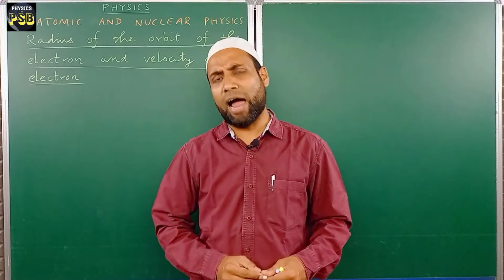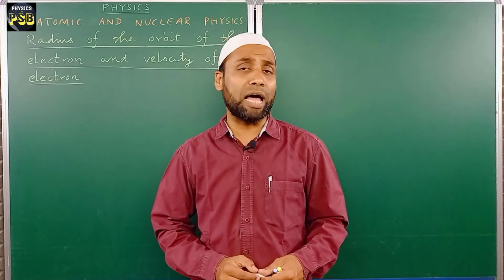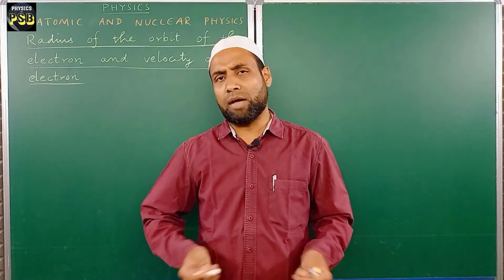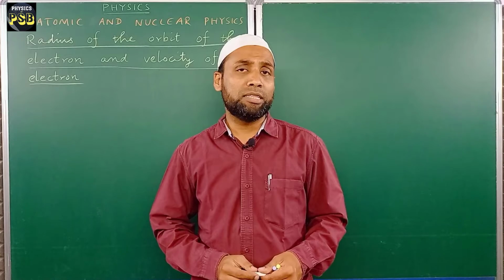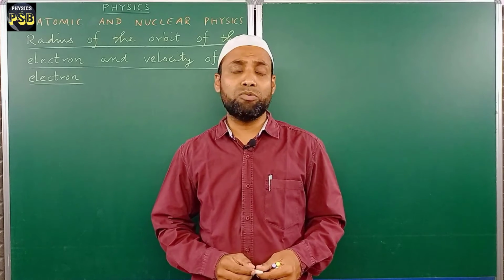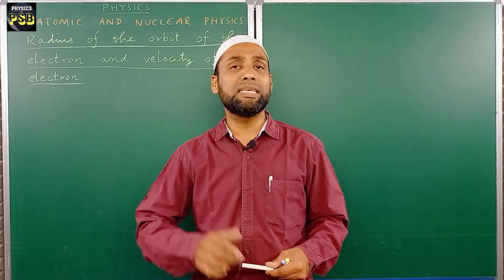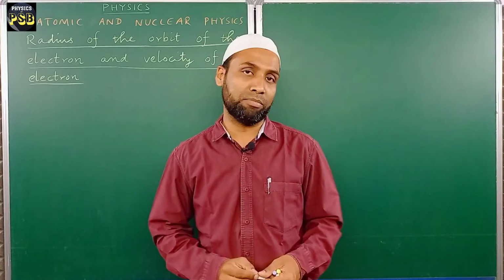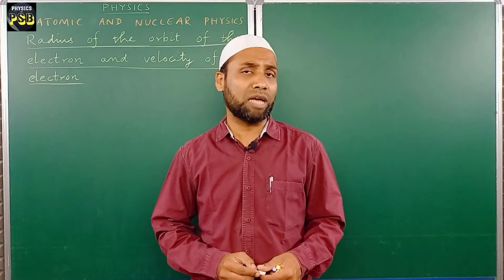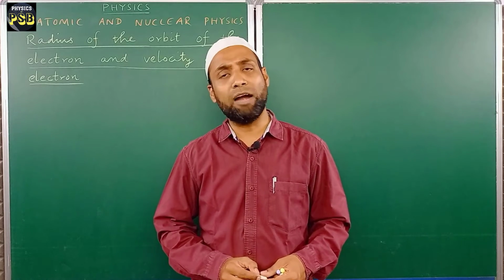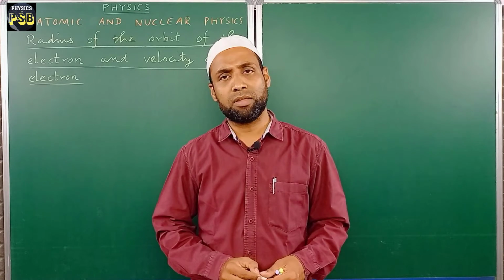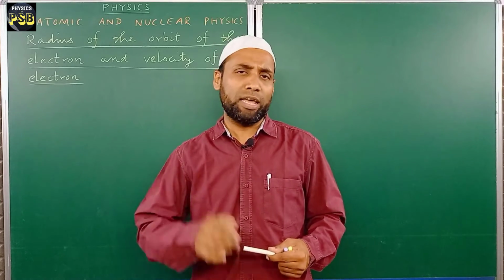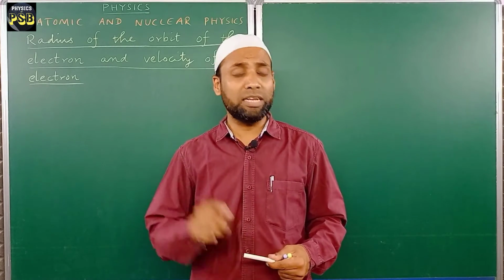According to Niels Bohr, an atom consists of a positively charged nucleus around which electrons revolve in circular orbits. This theory is applicable only for atoms which have only one electron. As per our knowledge, there is only one atom which has a single electron revolving around the nucleus. It's nothing but the hydrogen atom. So Bohr's atom model is applicable only for the hydrogen atom, because it is the only atom which consists of only one electron revolving around the nucleus in a circular